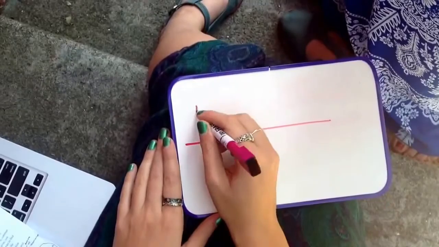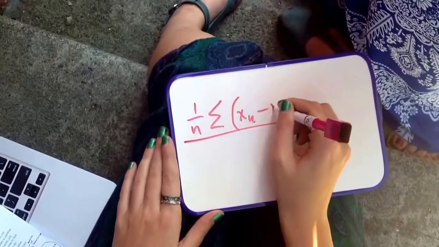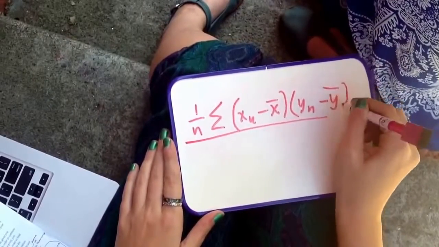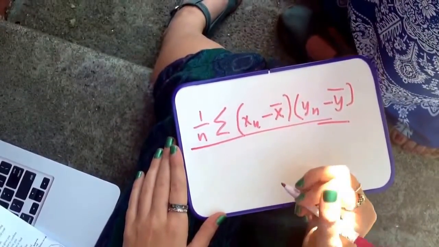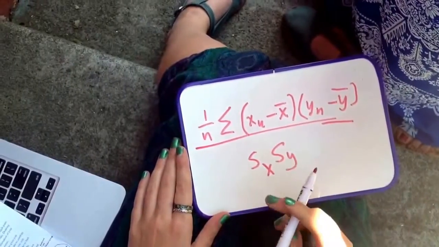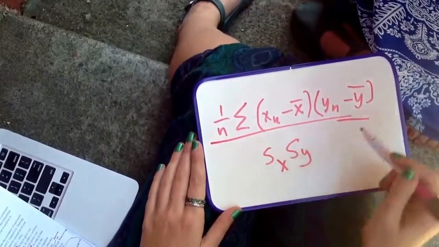After dividing the covariance, which shows direction, by the product of the standard deviations, which shows linearity, our final equation for determining correlation coefficient is